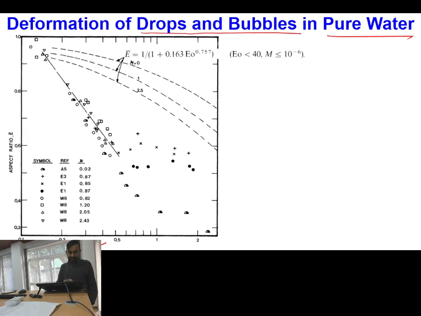So here you can see the experimental data, and particularly you can see that for values of k equal to 0, k equal to 1 and k equal to 2.5, there is some equation which is fitted over here. And here you can see that whenever this particular parameter is increasing, the experimental data is completely deviating from this equation. Okay, so